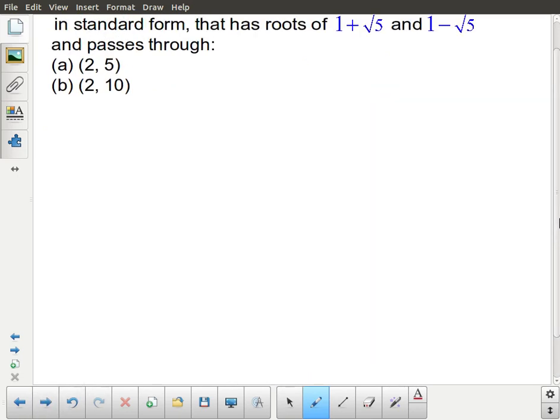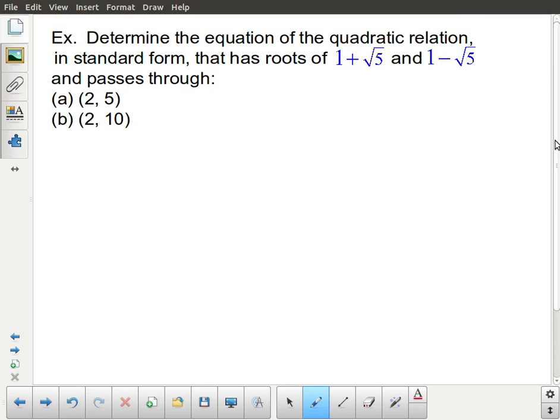Okay, what's another kind of question you might see related to families? This one doesn't have you testing families, but it has you doing some of the algebra related to it. So this one tells you we have a quadratic relation in standard form is what we want. But the information we're given is that the quadratic relation has these roots, but passing through two different points. So this would be the same family